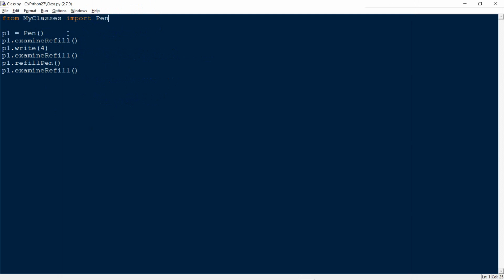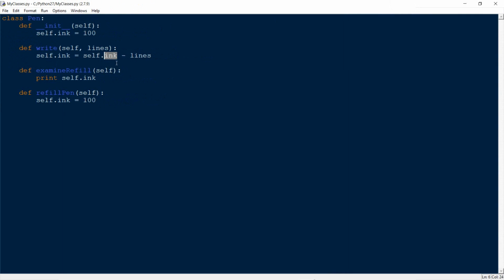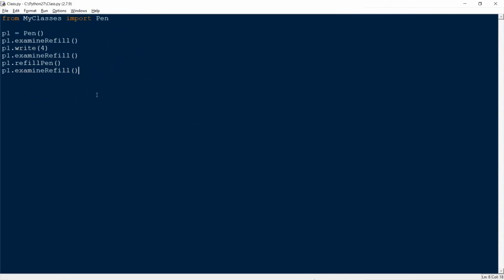So in this video what I want to discuss is something called data encapsulation, and data encapsulation is one of the fundamental principles of object-oriented programming. What it means is we are trying to protect data, to control what part of the code has access to what data. So we talked about how this inc variable right here, I don't want it to be accessed outside of the class, so I don't want someone to do something like print